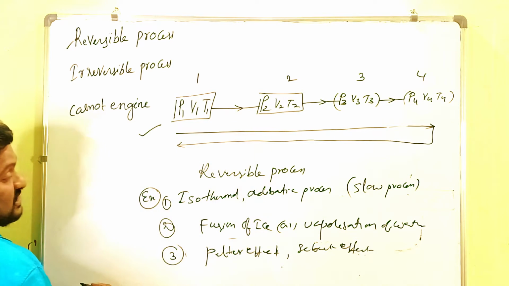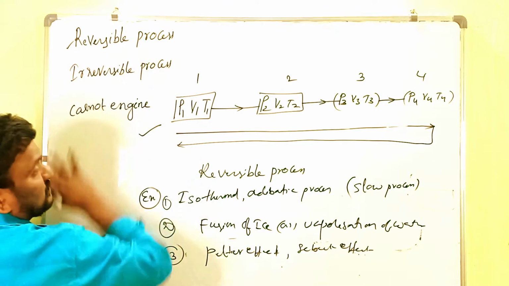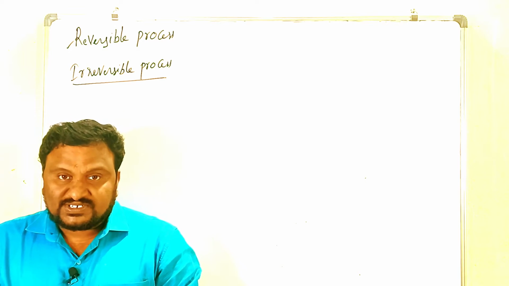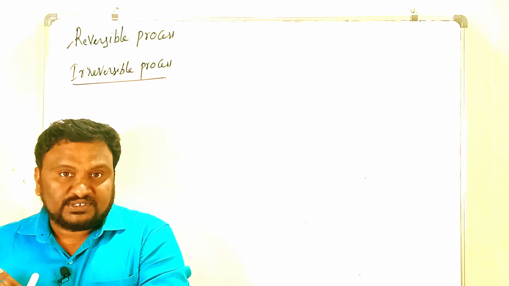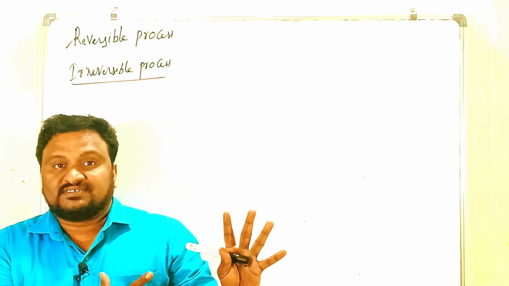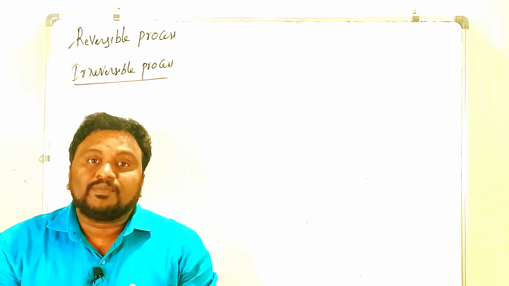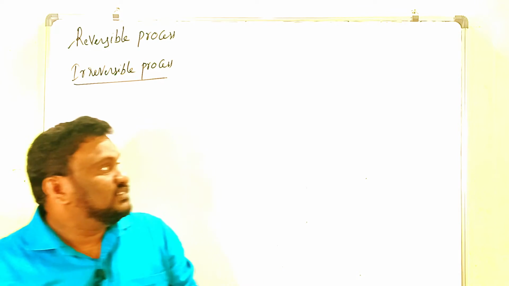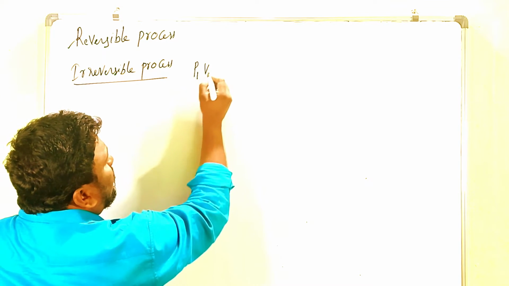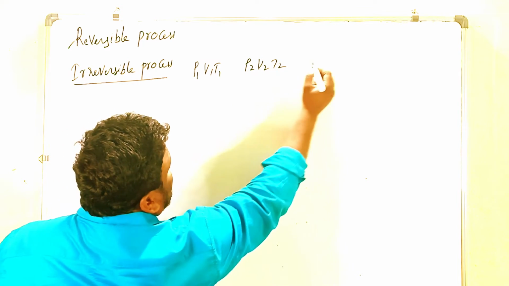Peltier effect and Seebeck effect, these are the examples for reversible process. What is meant by irreversible process? When a system is passing through the different stages, if it is not retraced back, that process we call irreversible process. So here the system is passing through P1, V1, T1, and P2, V2 next stage, and